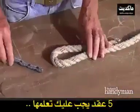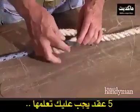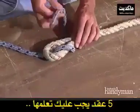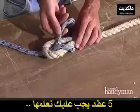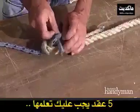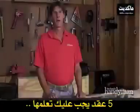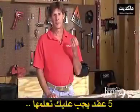Form a loop in the bigger rope, then come out of the hole, around the back side, and instead of going back through here like you would a square knot, tuck it back under itself. That's a sheet bend. Whenever you need to tie a loop in the end of a rope, you should use